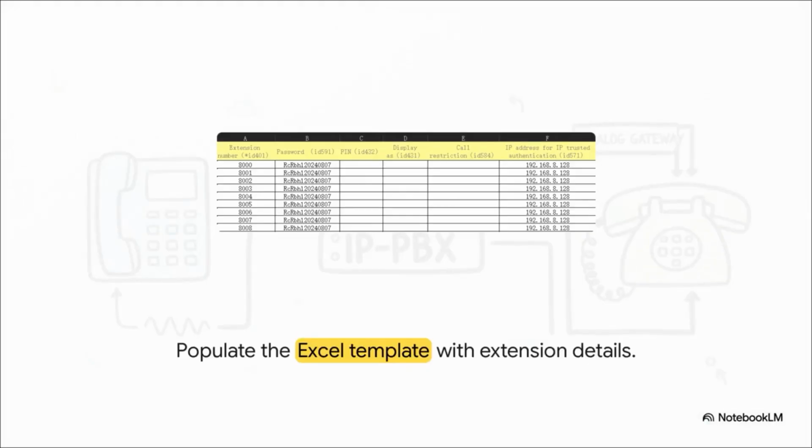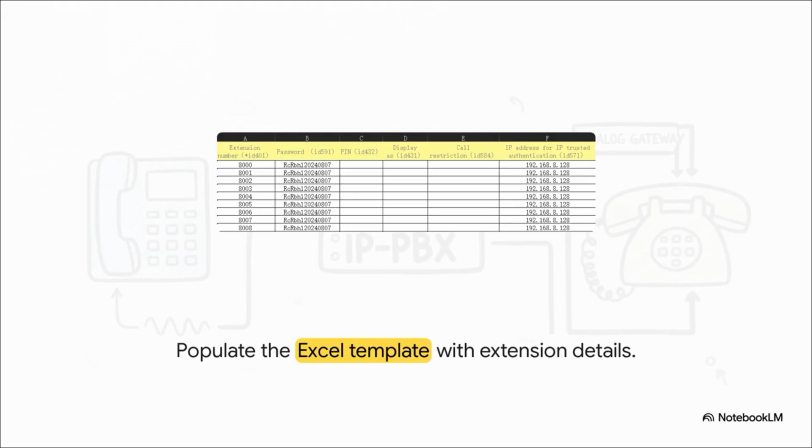All right, so you've downloaded the Excel template. As an admin, having this offline access is huge. You've got columns for the extension number, the specific secure password, PIN, display name, call restrictions, and that absolutely crucial IP address for trusted authentication. Because it's just Excel, you can use formulas to drag and drop thousands of extensions in literally seconds. You get to craft the exact naming conventions and security policies your organization needs, all before you ever even touch